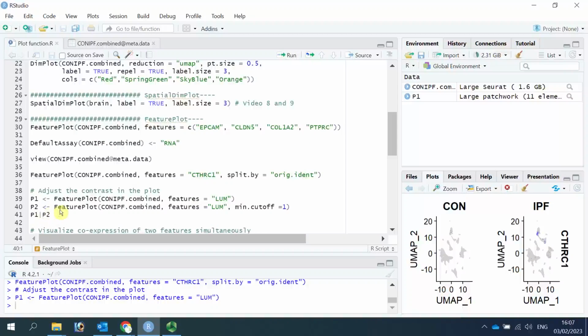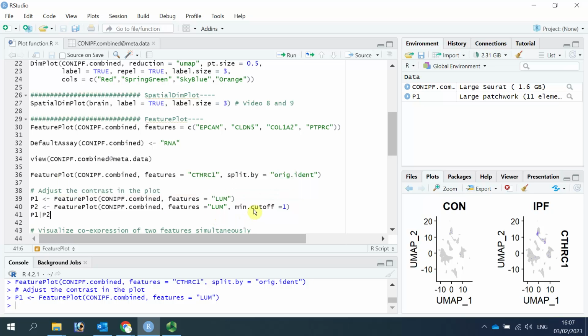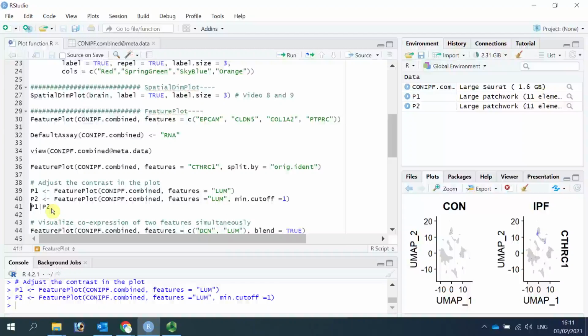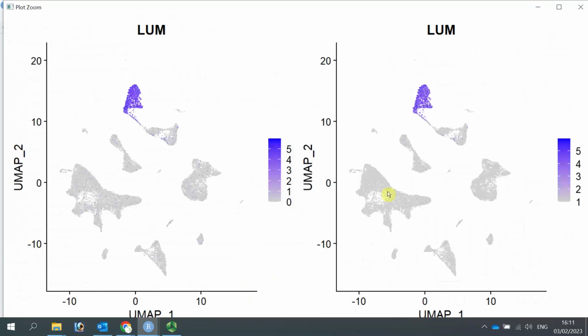Then we generate plot 2 with the minimum cutoff 1. Now we can see plot 1 and plot 2 side by side. Let's run. We can zoom in.